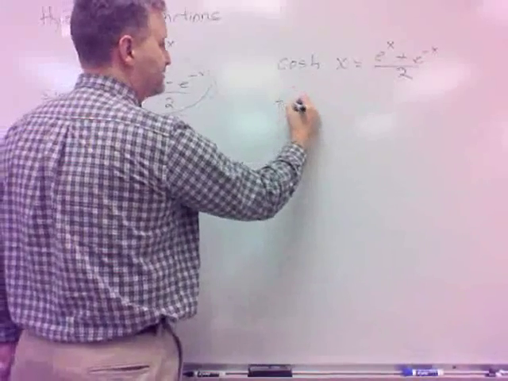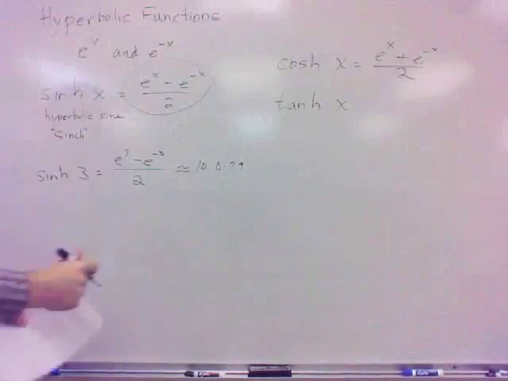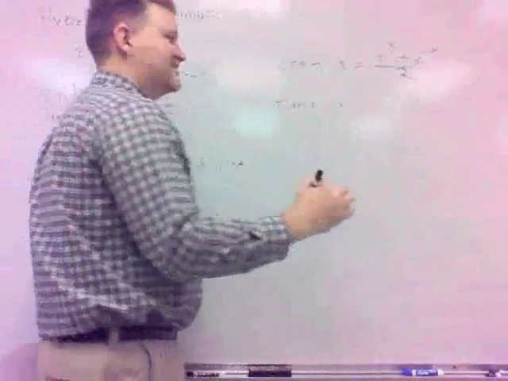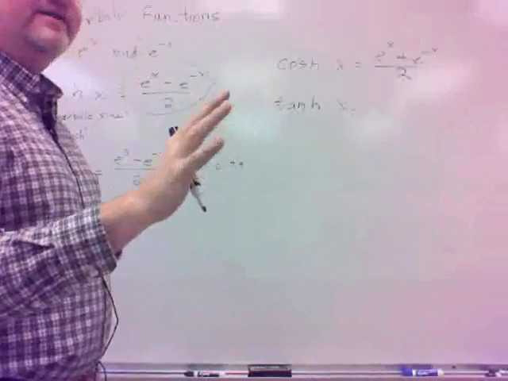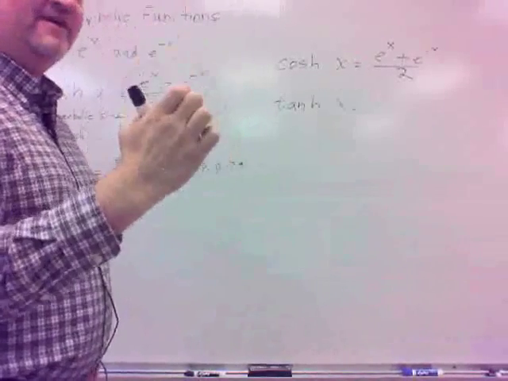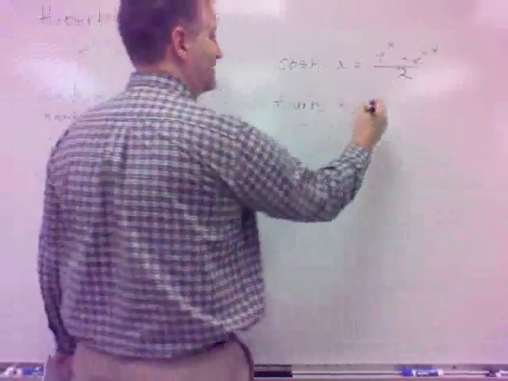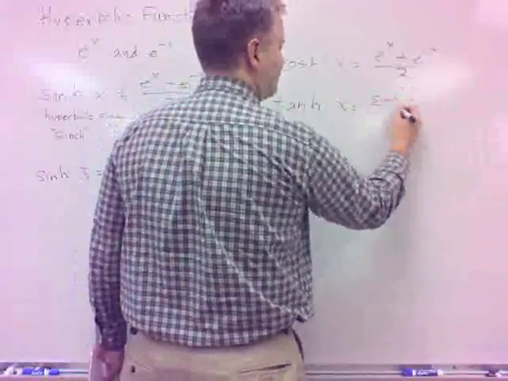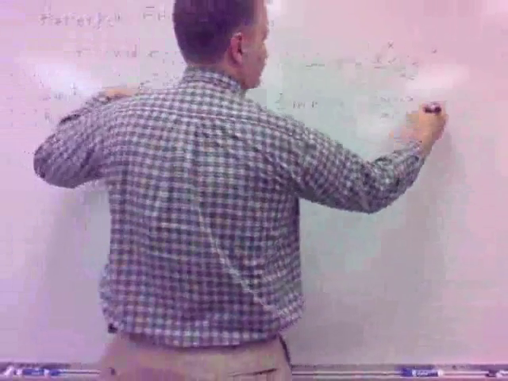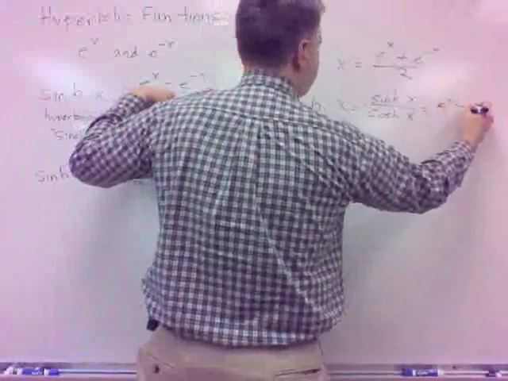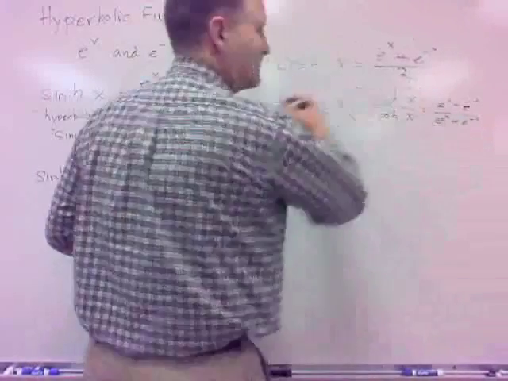Then we have tanh, the hyperbolic tangent. Well, the good news about it is it follows suit with the identity. Tangent is sine over cosine. Tanh is cinch over cosh. And if you work that out, it turns out it's e to the x minus e to the minus x over e to the x plus e to the minus x. But I would just remember that,